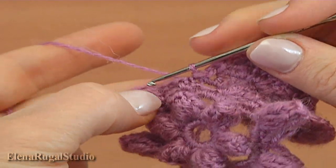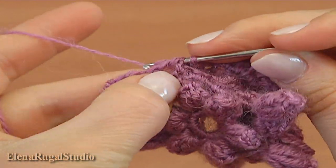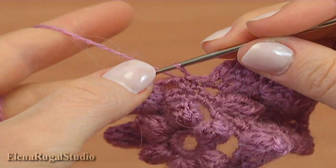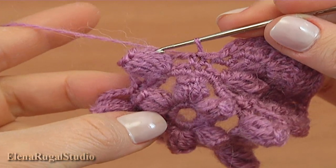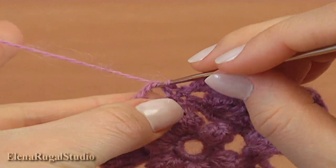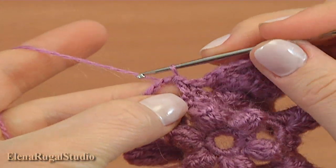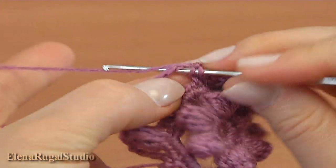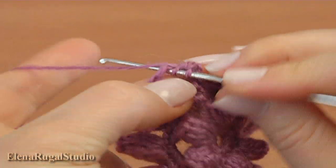Begin the second petal. Then slip stitch into the next single crochet. Begin the second petal. Make a slip stitch into the chain space, chain, half double crochet into the chain space, then 5 double crochet,